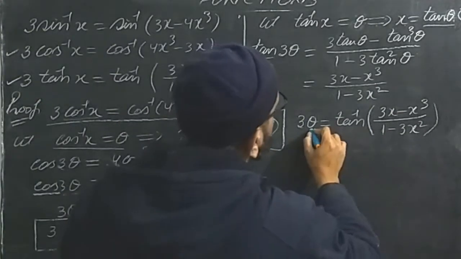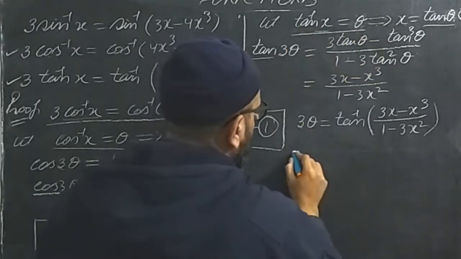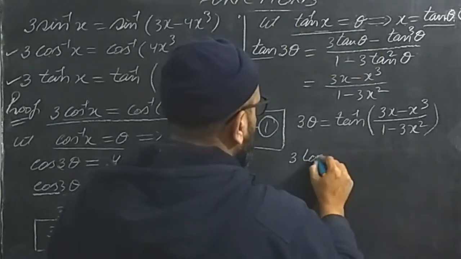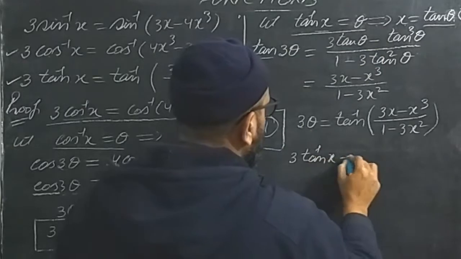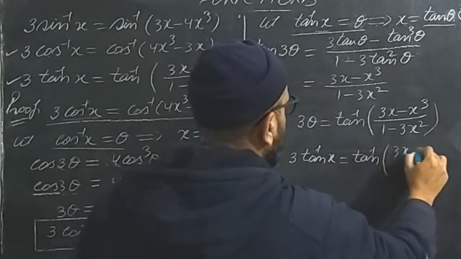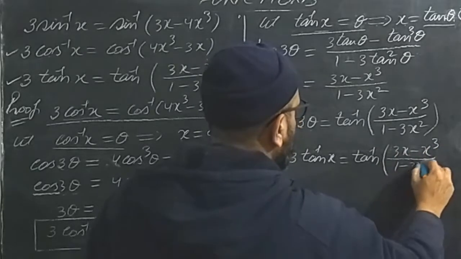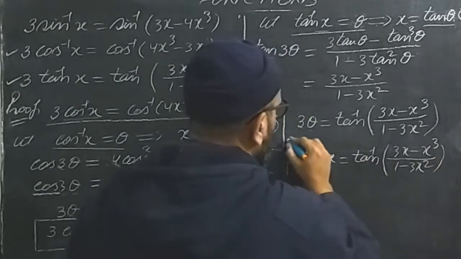And replacing theta by tan inverse x, from our assumption we write 3 tan inverse x on the left hand side, and on the right hand side tan inverse 3x minus x cube upon 1 minus 3x square. So we have